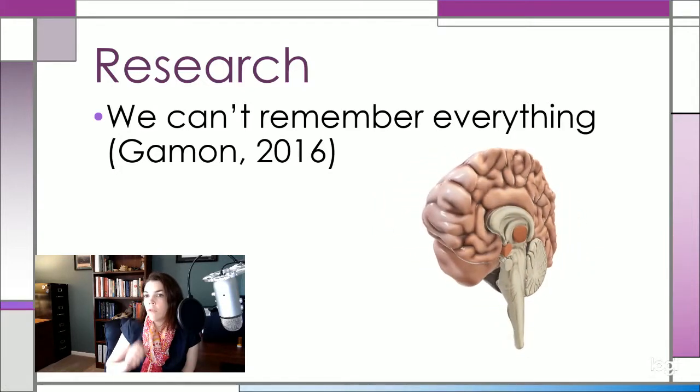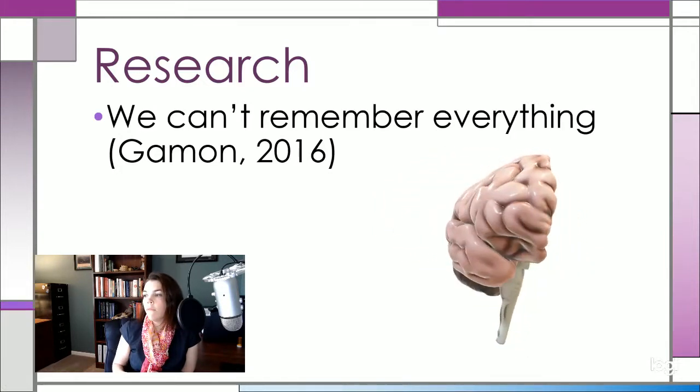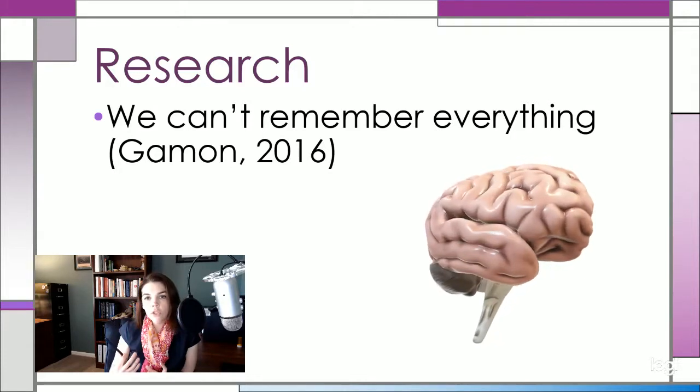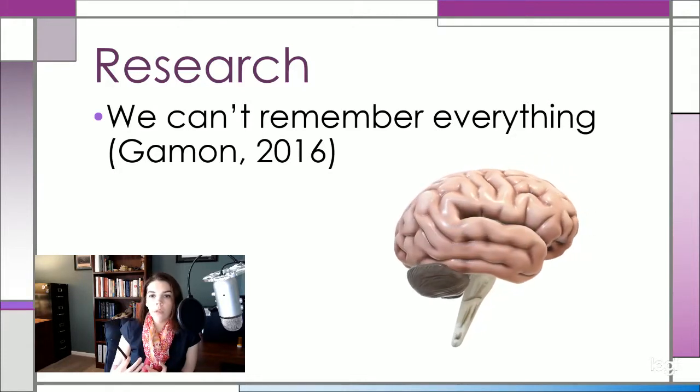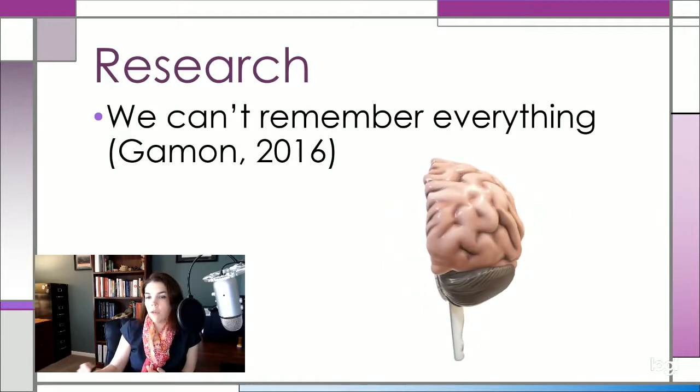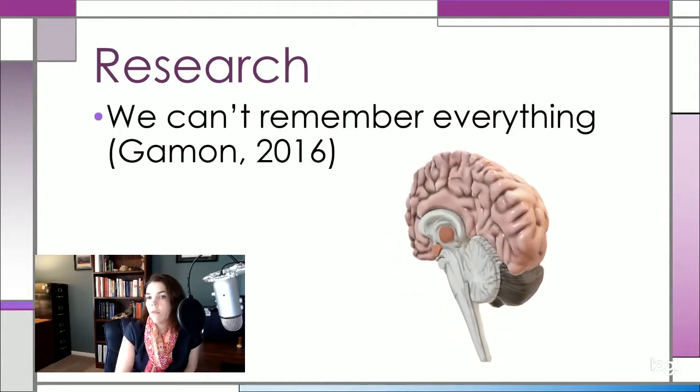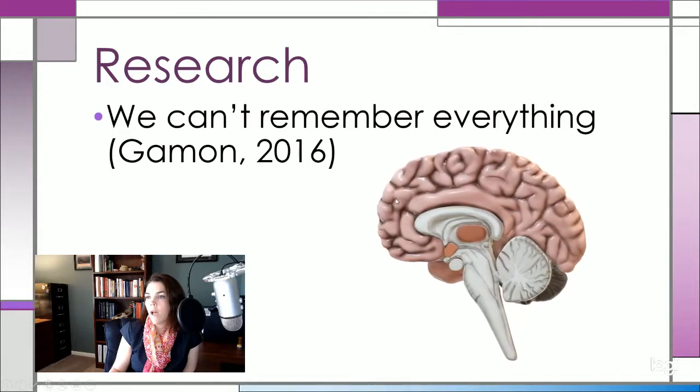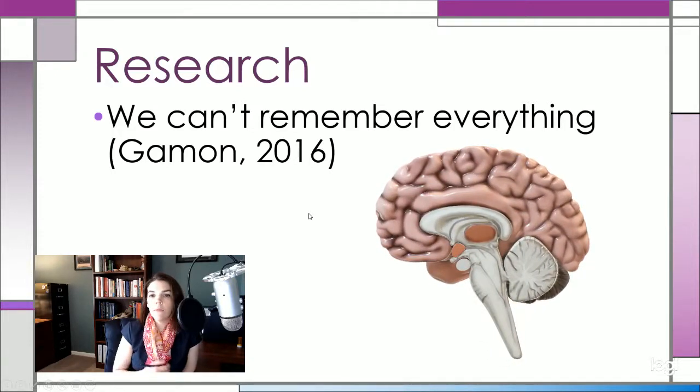So everything that you see in the lower part of the brain is very instinctual. It's been around a lot longer in human evolution. And the top part of the brain, all of this area that you see up here at the top, is much more recently developed. So that helps you think about what I'm going to tell you now about how we process information and memory. So let me make myself go away.